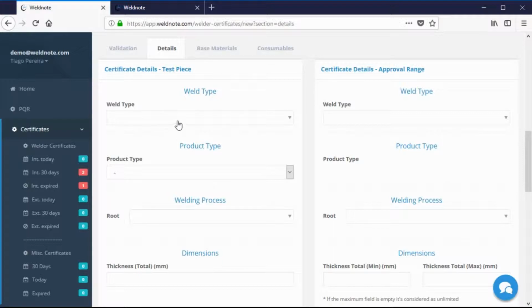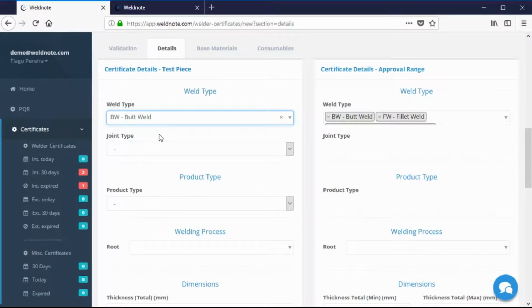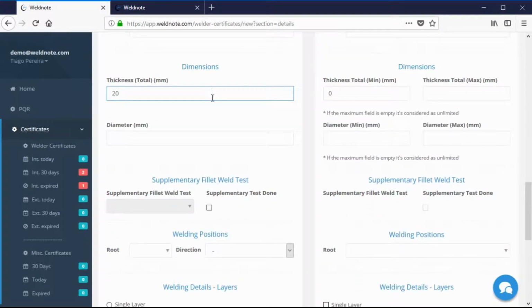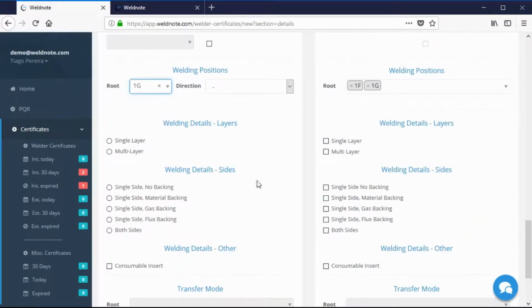Weld type refers to the type of union you are making on this welder certificate. Usually BW or butt welds and FW or fillet welds. Each standard will have their respective terminologies. In these fields, once you fill in the test piece values, the approval range calculation will show up on the right based on the standard you have selected. I'm filling in the product type, welding process, thickness, diameter, welding position, welding details,